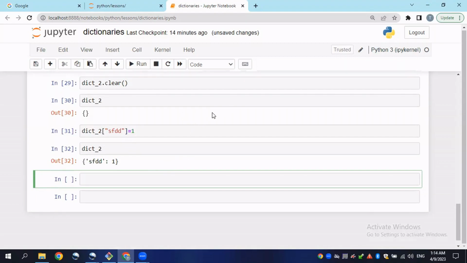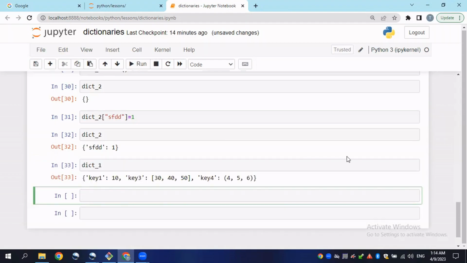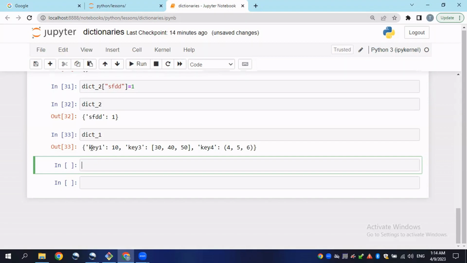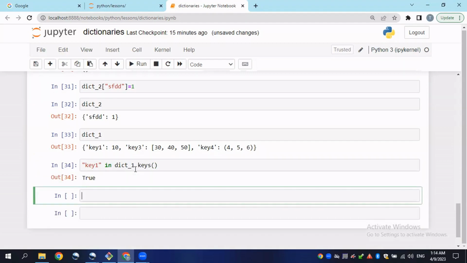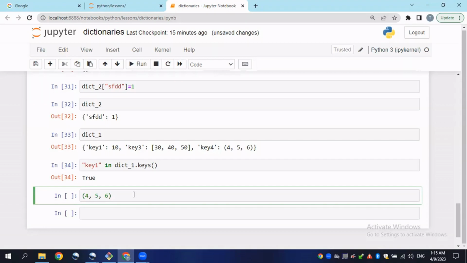We can verify if an element is in a dictionary. How could we do this? Let's say that I have dictionary 1, and it will hold these values, and I want to verify if this key is inside of this dictionary. In order to do that, I will type in just key 1, and the in operator, inside of dictionary 1 keys. It will print out True if it's inside of these keys. The same is true also for values. If I want to check if this tuple is inside of these values here, I will just copy this tuple and print it out in dictionary 1 values